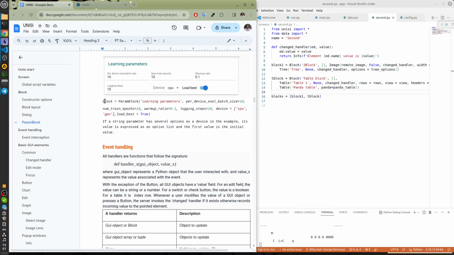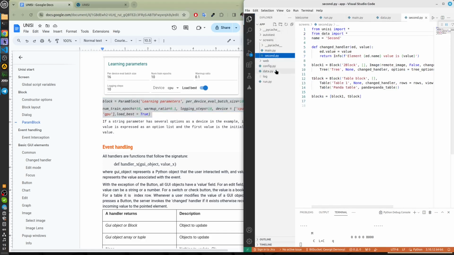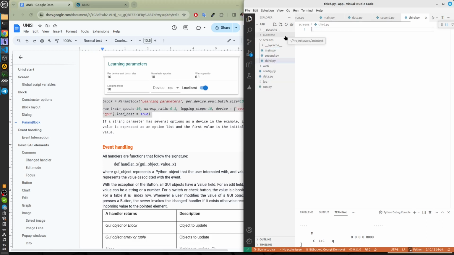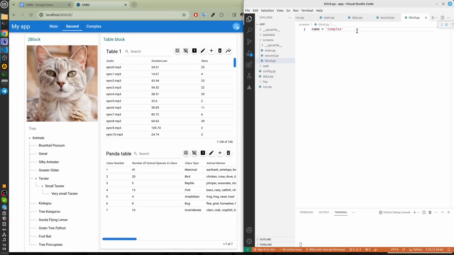Let's copy the block code. Let's make a new screen. Create a file third.py. Call it complex. And import it.